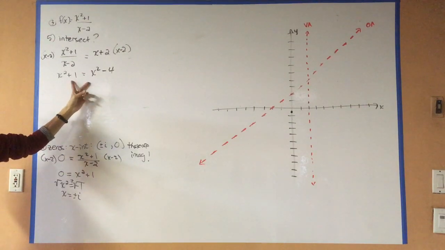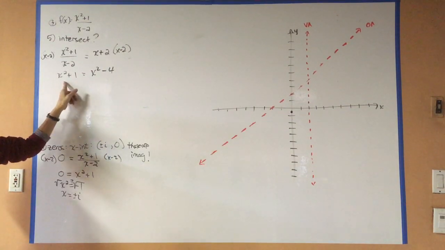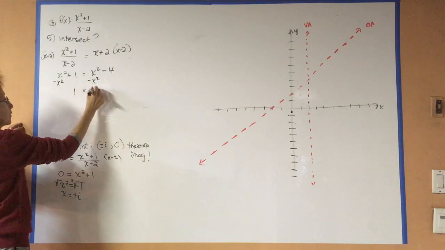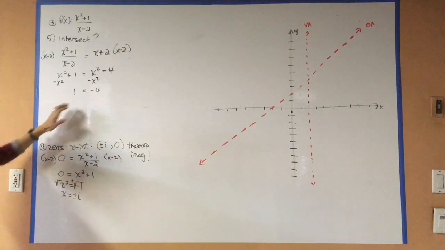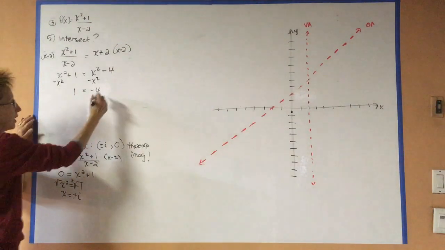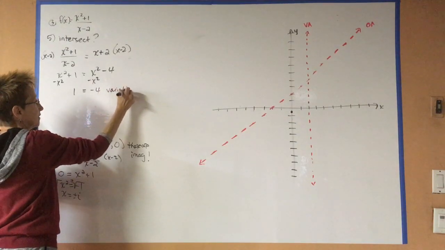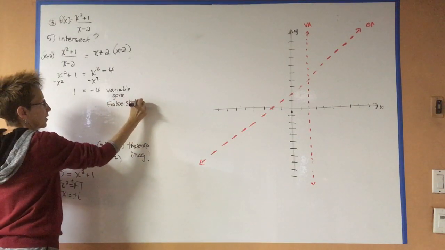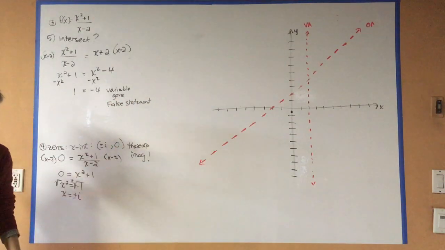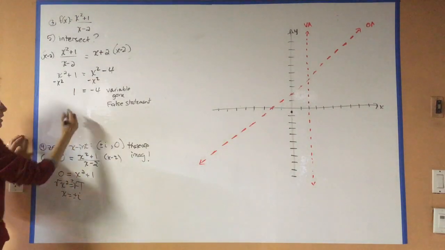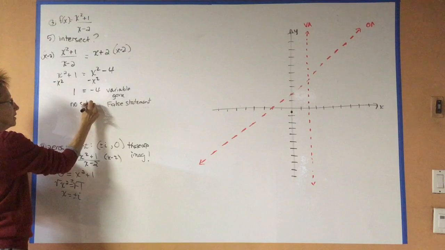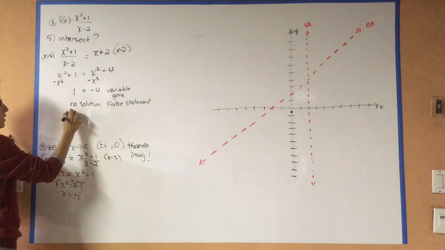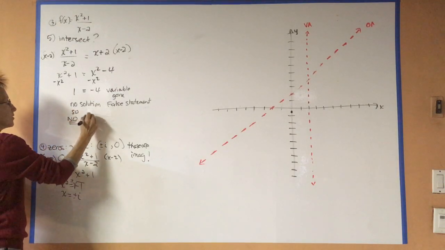What kind of an equation is this? It looks quadratic, but what's going to happen when I try to get all the x squared on one side? They're going to go away. And so now I have 1 equals negative 4. So what happened here? The variable dropped out, so the variable's gone. And I have a very false statement, right? What does that mean? If the variable is gone and you have a false statement, that means that there is no solution. So this gave me no solution, which means that there is no intersection between the two. So no intersection,